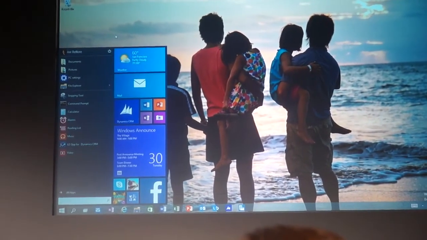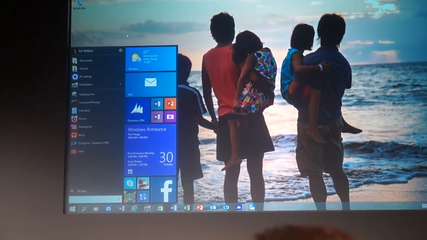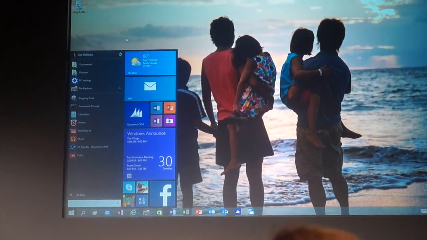All right, so that's a quick look at the basics, the taskbar, the Start menu. One of the things that's